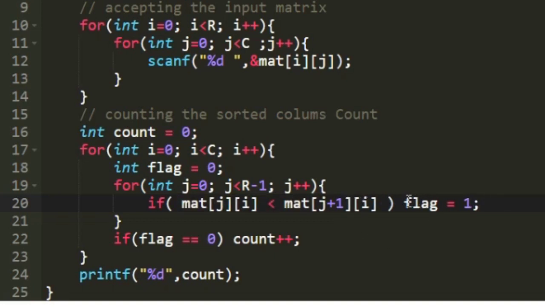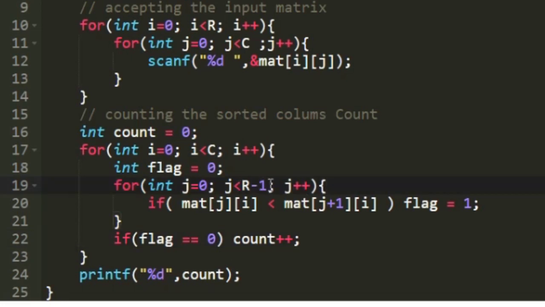So we are setting the value of flag to 1. And after the j loop, we are checking whether the value of flag is equal to 0 or not. If the value of flag is still equal to 0, it is a valid column. So we are incrementing our count variable. And if the value of flag is 1, we are not going to bother.